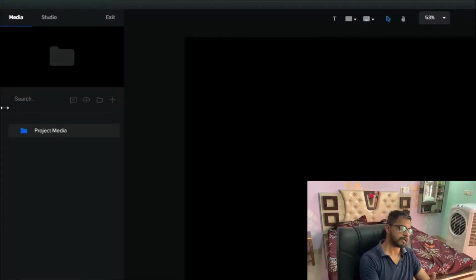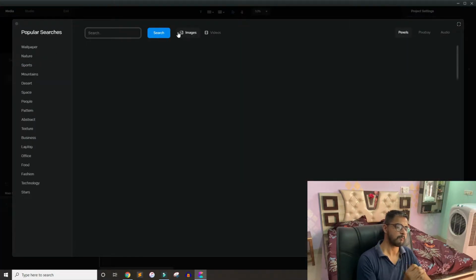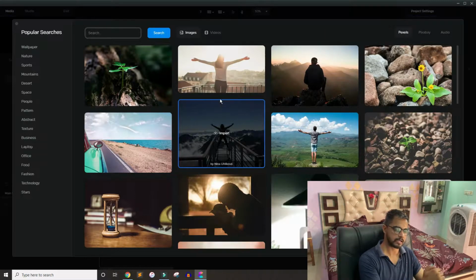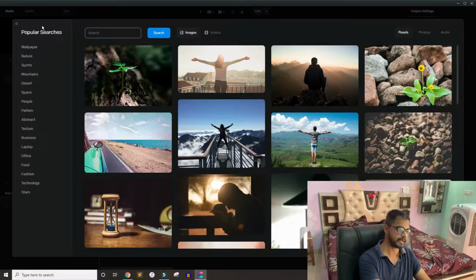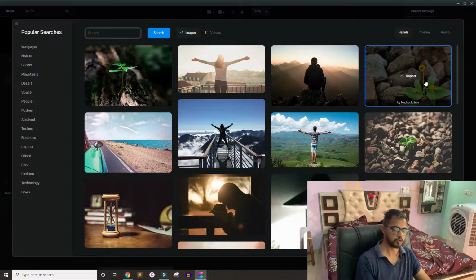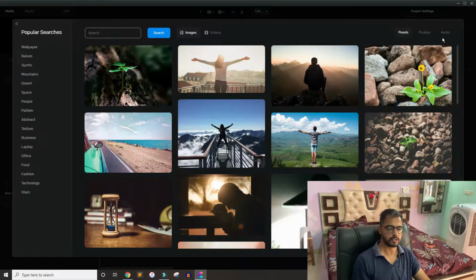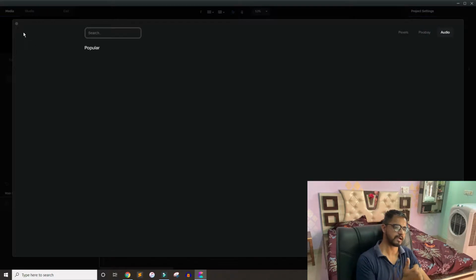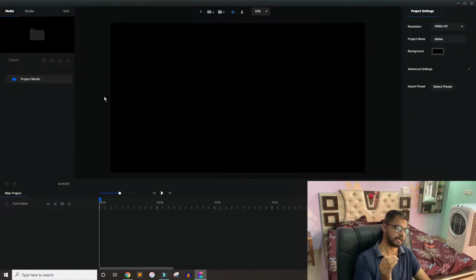As you can see, I am in the media tab. Here all your imported videos, audio, everything will be available. There is also a media library. By default in the front-end version you will get a Pexels library, so you can directly import from that website inside the project rather than first downloading through the browser. But if you upgrade to the media upgrade, we will talk about it in the price section, then you also have the Pixabay API and the audio tab where you will get background music and sound effects files. Here you can import your own files.